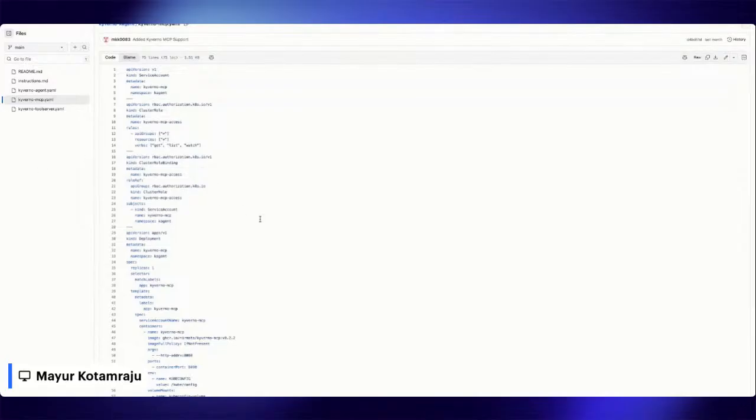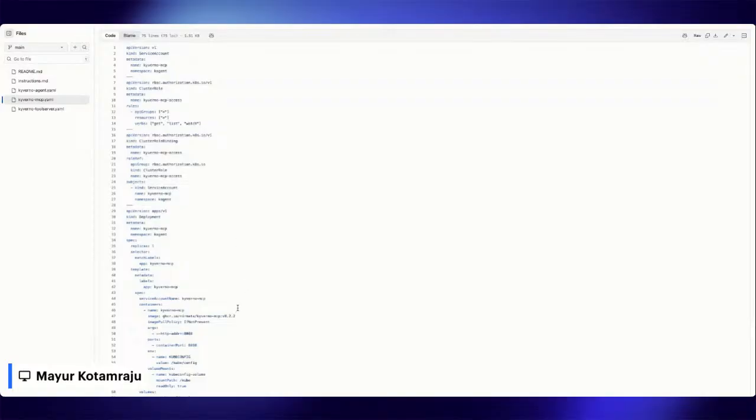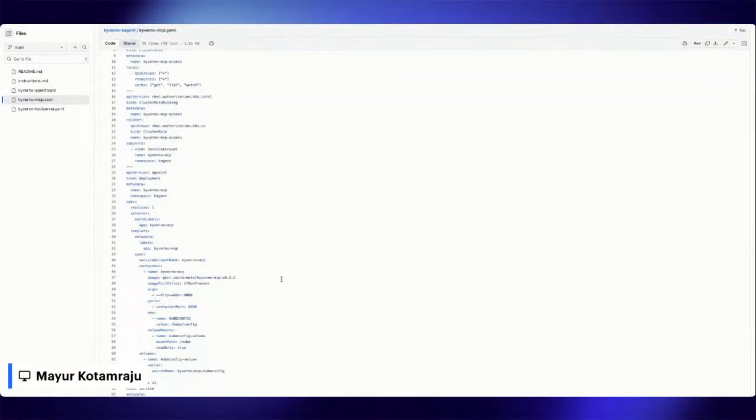This is where I'm telling Kyverno what image to use and how to expose the port. In this case, it's 8080. I'm also mounting the kube config for remote clusters, because our MCP server can talk to remote clusters as well. So I'm giving the MCP server awareness that there are multiple clusters. Again, if you're running in production in the same context, you don't need to mount your kube config, so you don't need to deal with all the secrets.